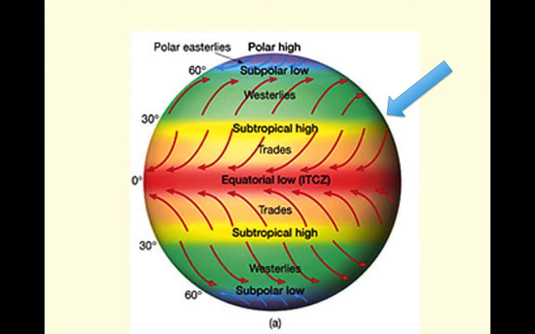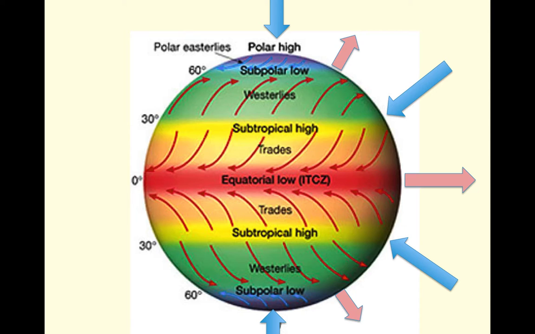Now if we just look at where sinking air is coming down from branches of the thermally direct circulations and where air is rising in ascending branches of the thermally direct circulations, we can get a picture of what's happening at the surface. Let's look at the blue arrows here. As air comes down from the Hadley cell in the north, it hits the subtropics. It has to spread out north and south.